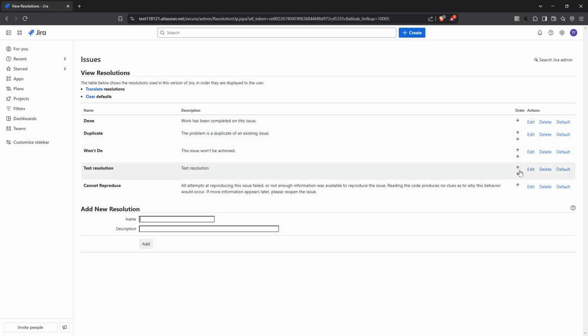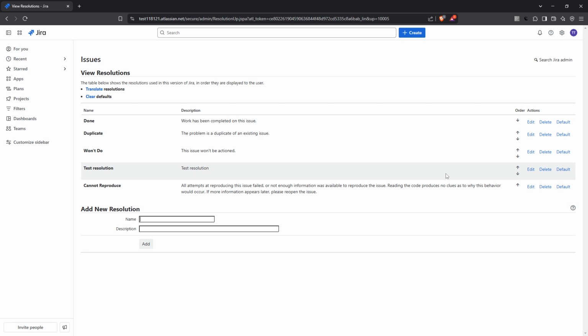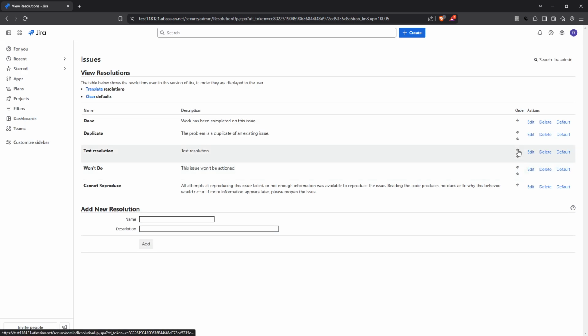And there you have it. With just a few straightforward steps, you've created and set your default resolution in Jira. By managing resolutions efficiently, you're greatly enhancing your team's ability to close issues accurately and consistently. Keep practicing these steps and you'll soon be a pro at customizing Jira to better fit your